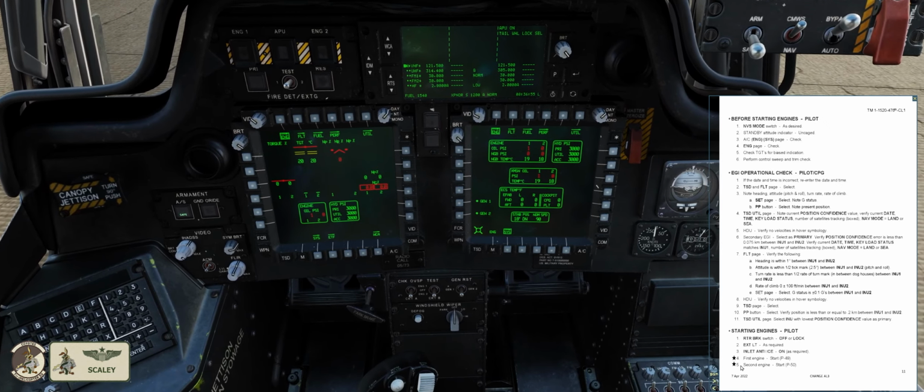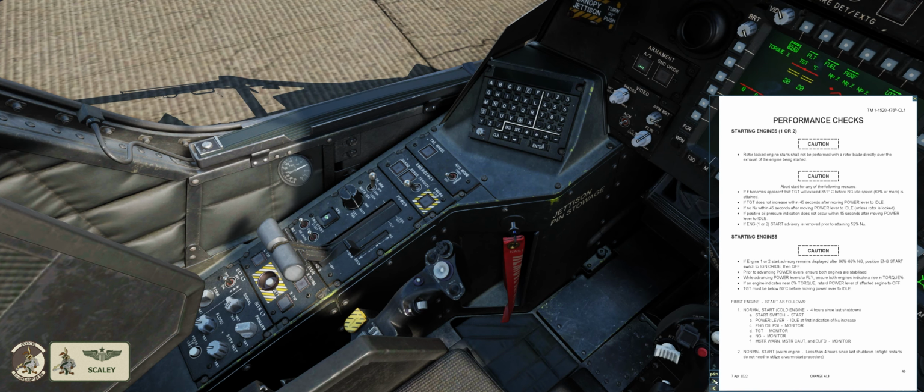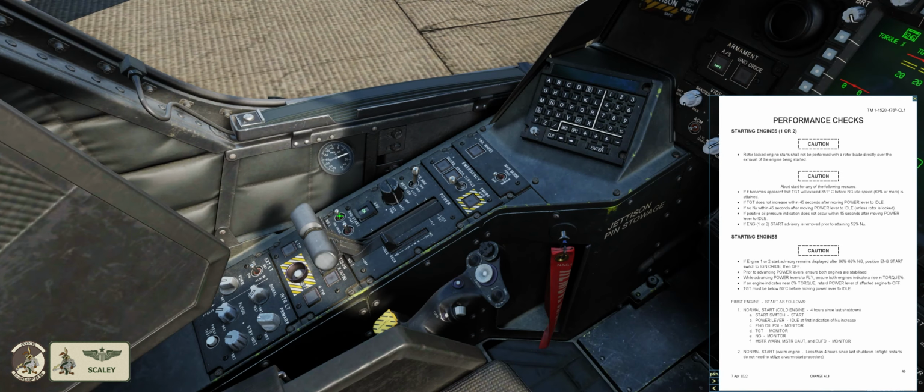So the engine starts happen down here. Rotor brakes off, lights we've already done as required. Inlet anti-ice is 20 degrees, we don't need them. We're going to go start the engines. So here's the engine start. We're going to start one. So we need to keep an eye on